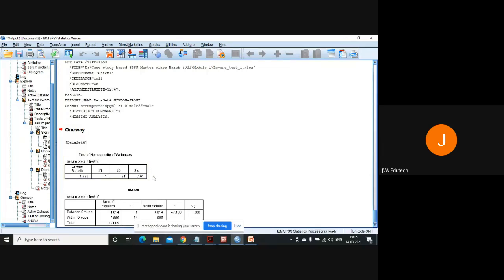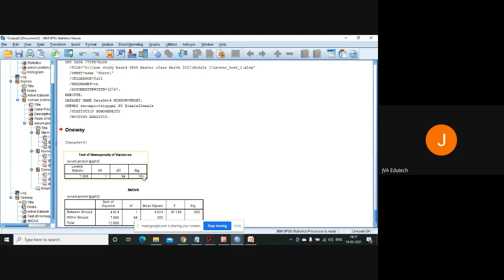If sigma 1 is equal to sigma 2, then there exists no significant difference between the standard deviations of both the groups. If there exists no significant difference in the standard deviations of both groups, then there is homogeneity in the variances. The alternate hypothesis was sigma 1 is not equal to sigma 2, meaning that there exists some significant difference between the standard deviations of both the groups. And if there exists a significant difference between the standard deviations of both the groups, it means that there is no homogeneity.